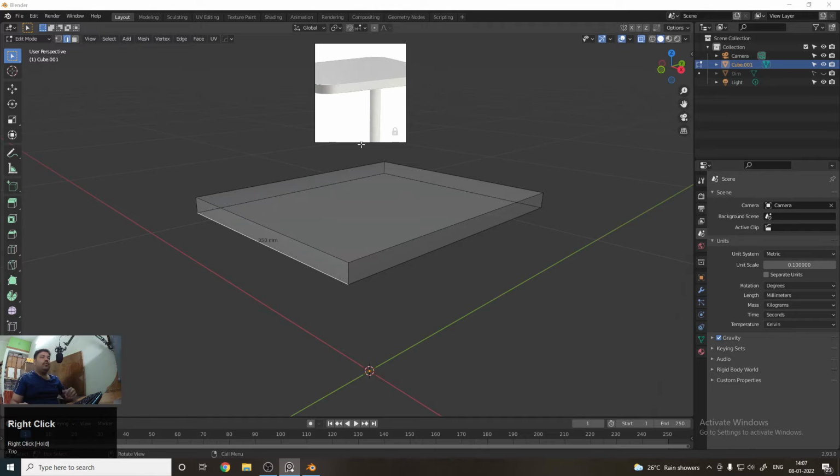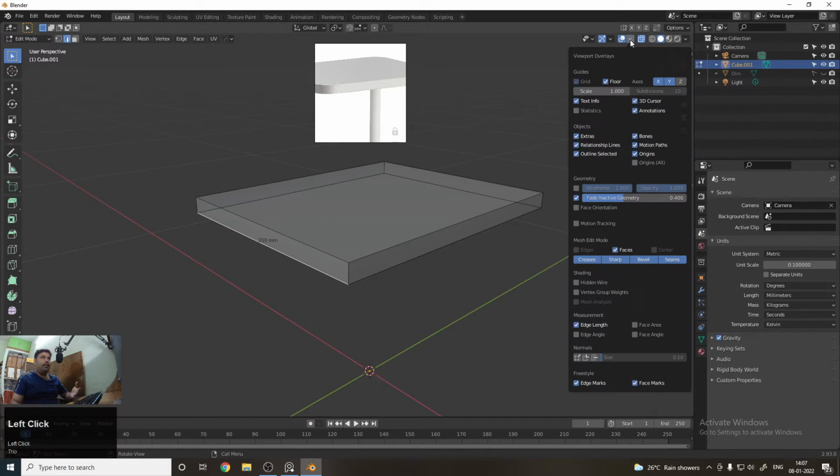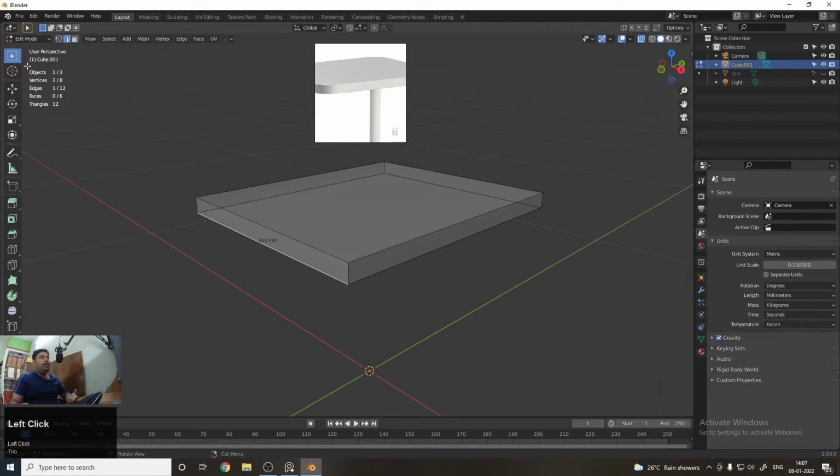To see the statistics of how many vertices, edges and faces are there in the model, you can click on this icon, and here you can see an option known as Statistics. Just click on it, and here you can see all the statistics, like how many vertices are present in the Blender file right now and how many edges and faces are available.